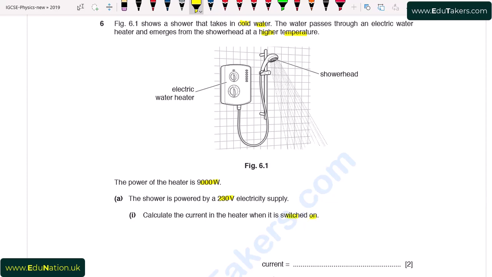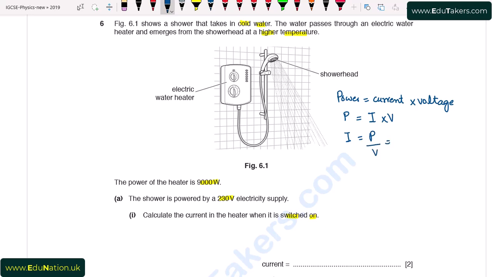So when we switch on the heater, there will be a current. We have to find the value of this current when the power and voltage are given. We know the formula that power is the product of current and voltage, that is potential difference. Here we have to find the value of current. In symbols it is P equals I cross V. Here I have to find the value of I. It will be equal to P divided by V.